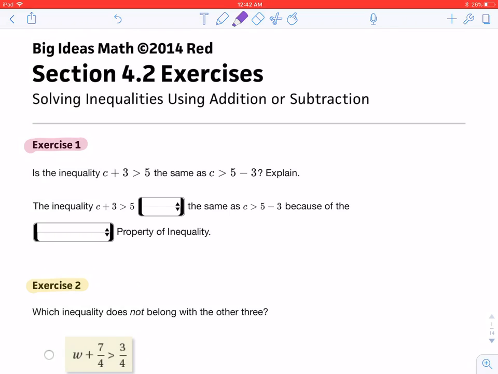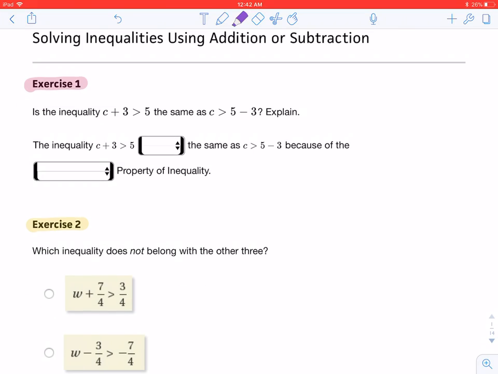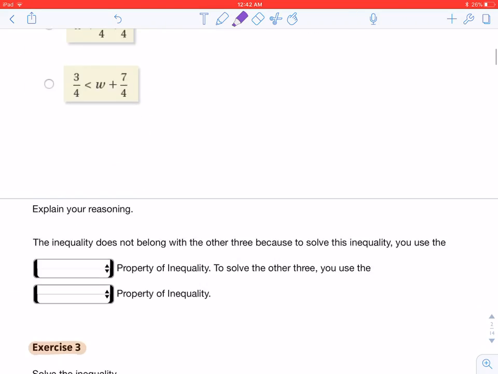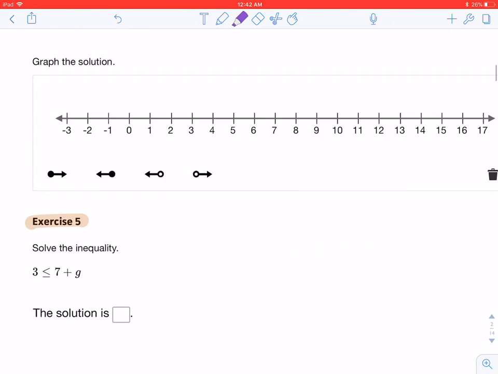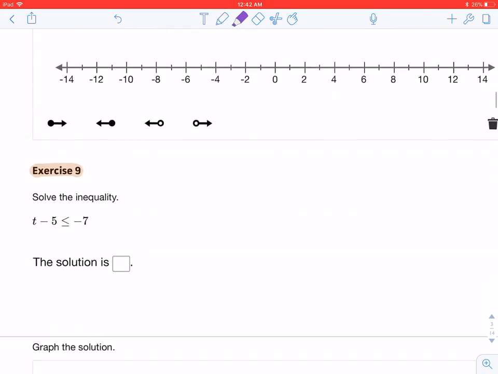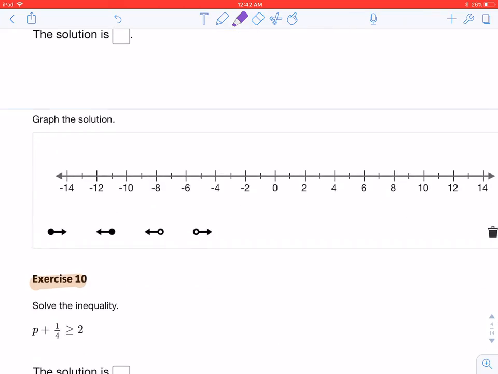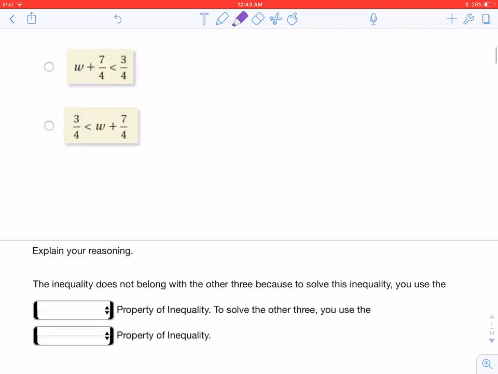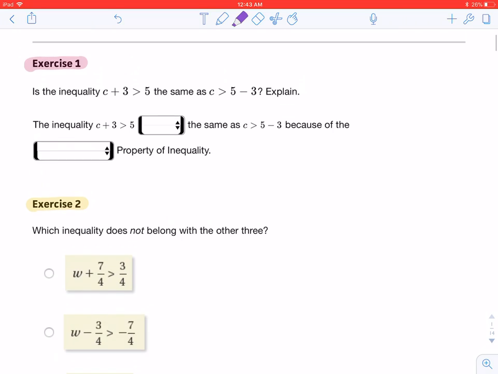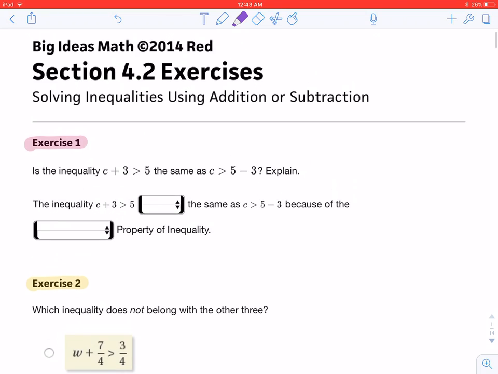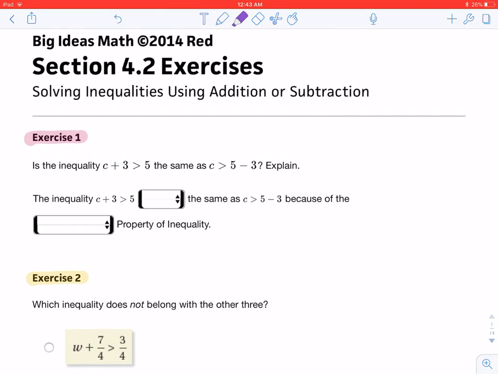I'll do some of them with you all the way. Some of them I'll just give you hints. But I'm not going to do every single one of them. And I've color coded them, as you can see. Like one is red, this one's yellow, this is orange, and so are 5 and 7. Because they're all color coded the same, that means they're all done the same way. So I might just explain one or two of those orange ones. So starting with exercise number 1,